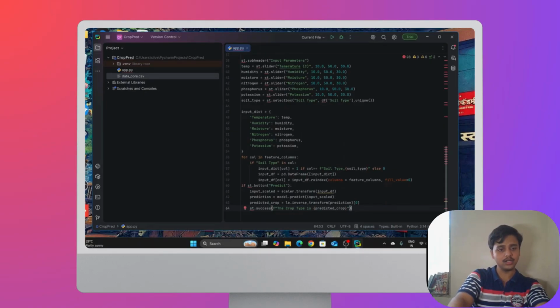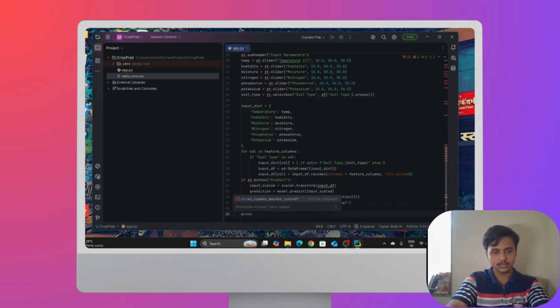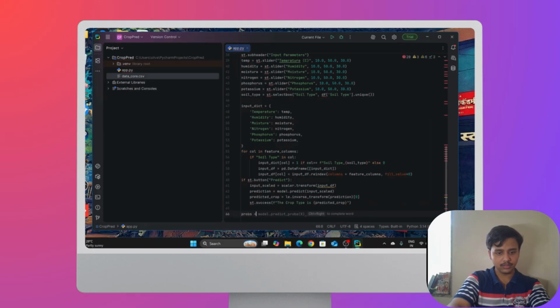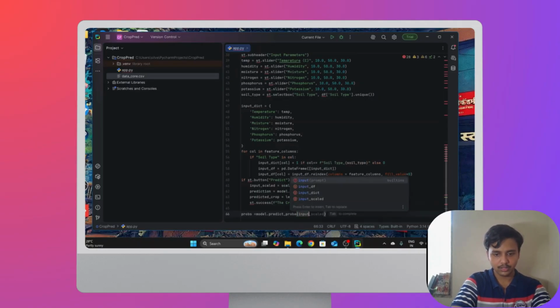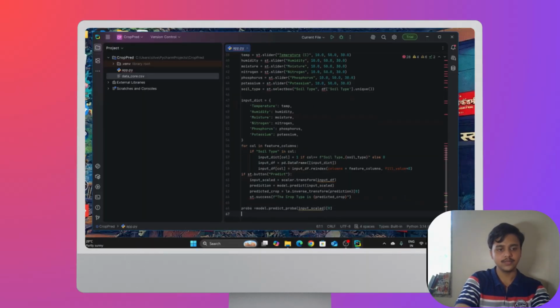Now we are going to write about the confidence graph as well. So for the confidence graph, we are going to write probs, the probabilities of model.predict_proba of input_scaled, and here for index 0 as well, to get the probability of each and every crop.